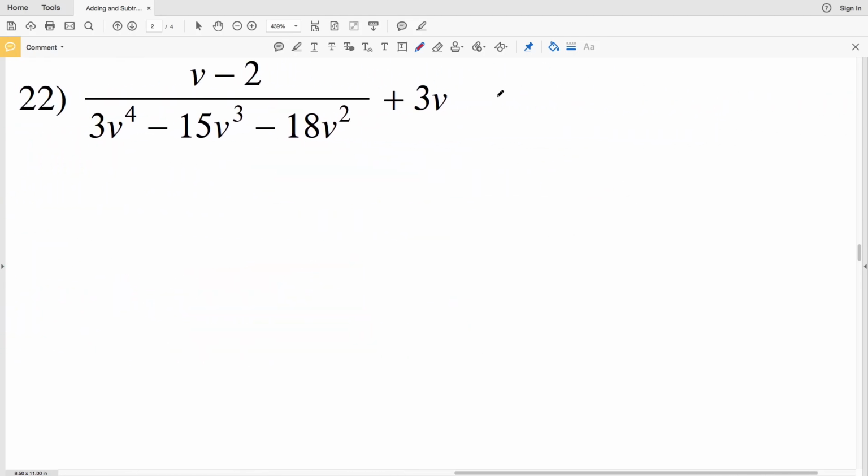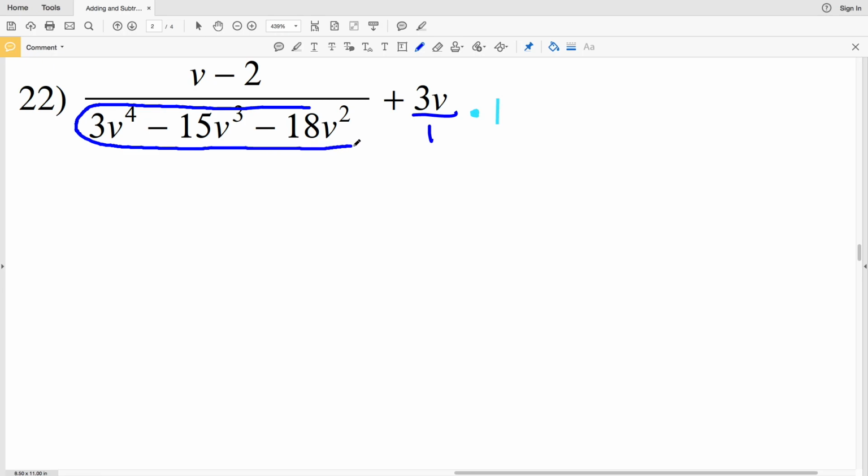Now lastly in this video, we'll be going over number 22. And number 22 looks complicated, but it's rather simple because our denominator with 3v is 1 already. So if we were to multiply that first fraction by 1, it would be 1 over 1. So we're not going to need to multiply that first fraction because it's not going to change that denominator. We just need to change our second denominator by multiplying by 1, and that 1 is going to be 3v